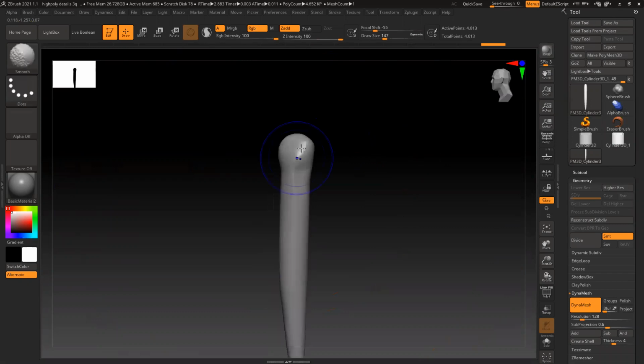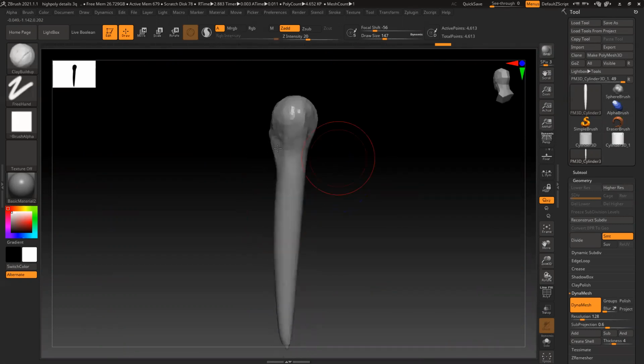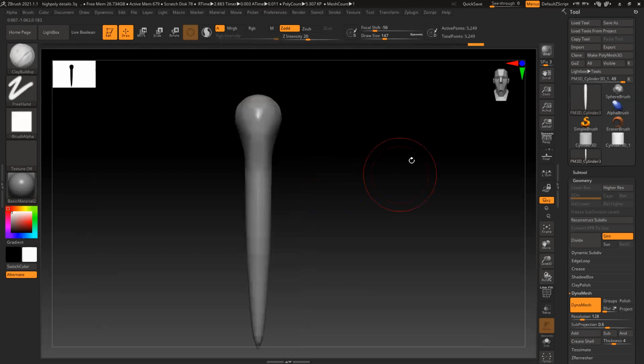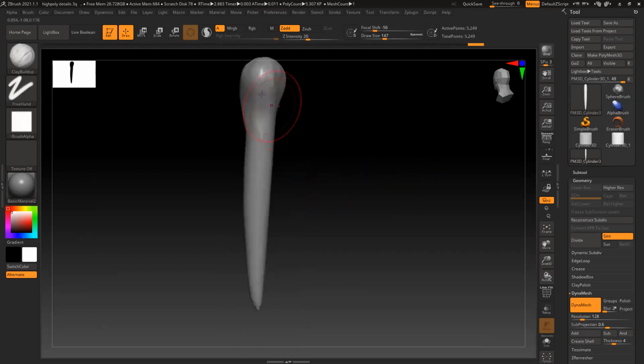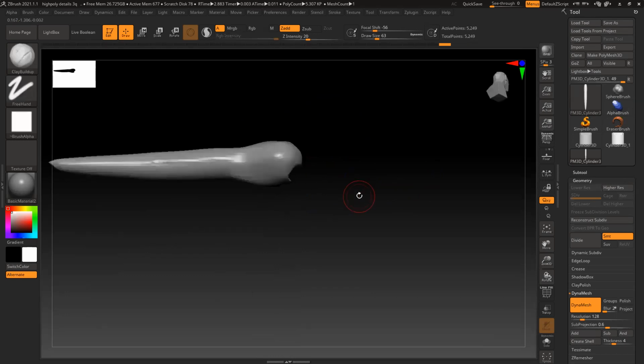Label this as a head part. Then have it back. I'm just showing you really quickly how to create this.